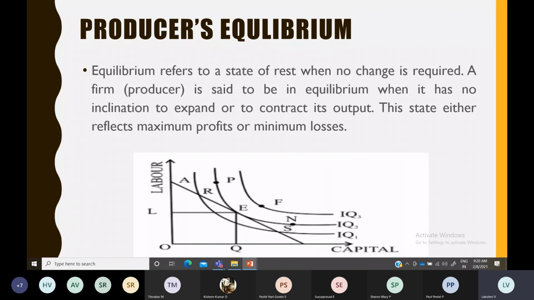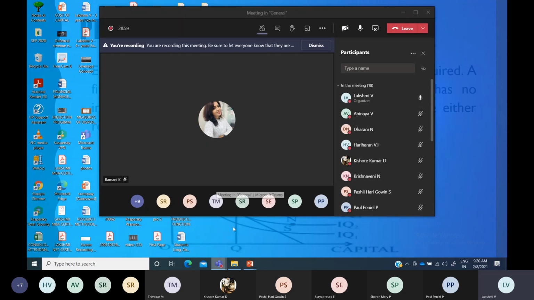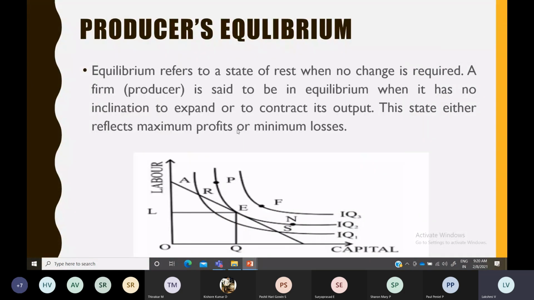Okay, so these are the topics which come under the second unit. If you see the second unit, all these are the major topics. The major topics will be your law of diminishing marginal utility, indifference curve, then law of variable proportions, and then your law of returns to scale. These are the four important topics that you might frequently get in your exams.